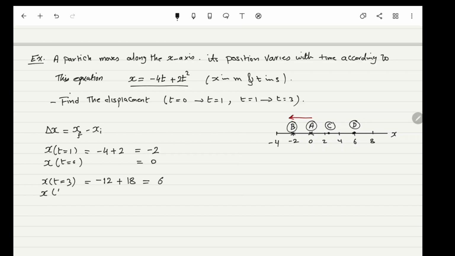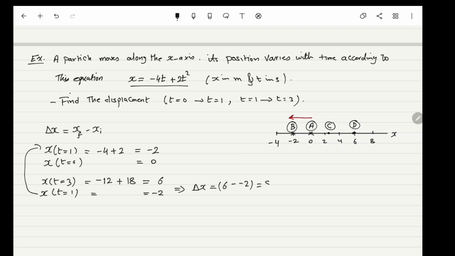And x when t equals 1, we just calculated, and it is the same as this one here, equal to -2. Now, the displacement for the second time interval equals 6 minus